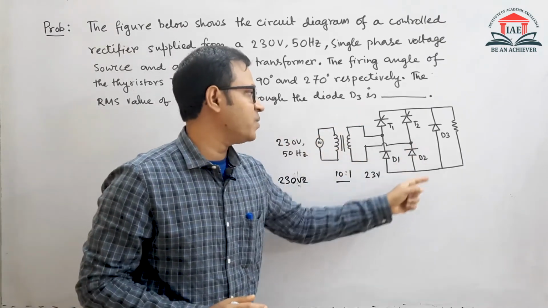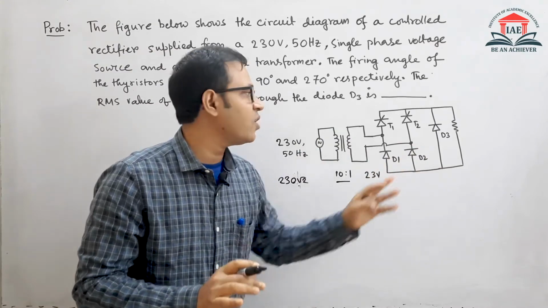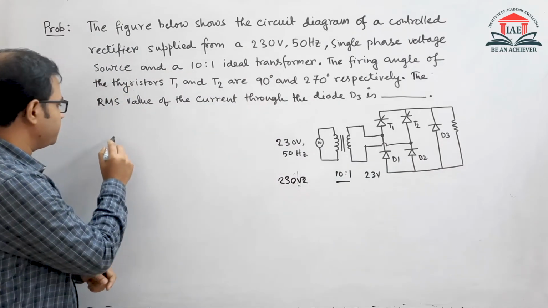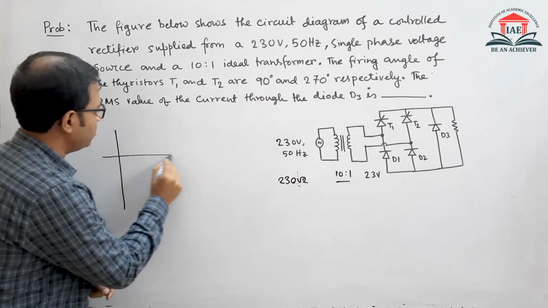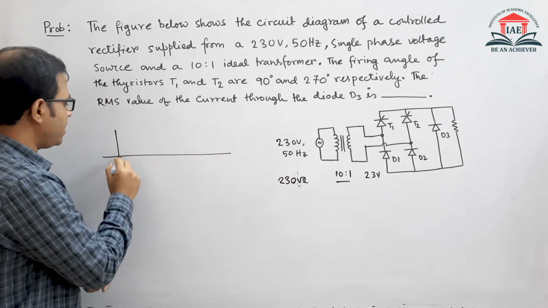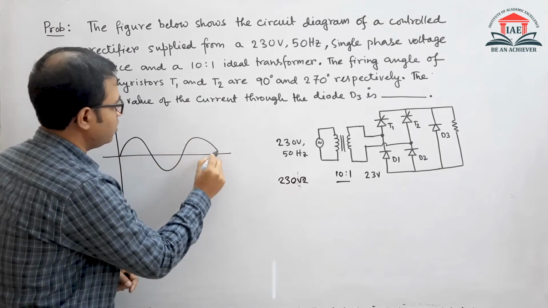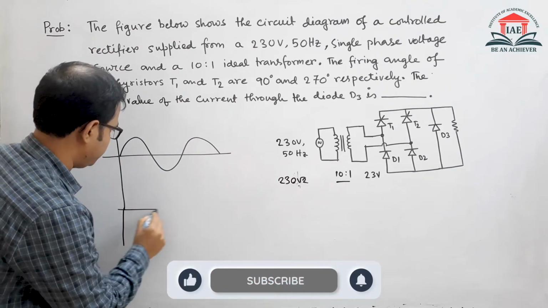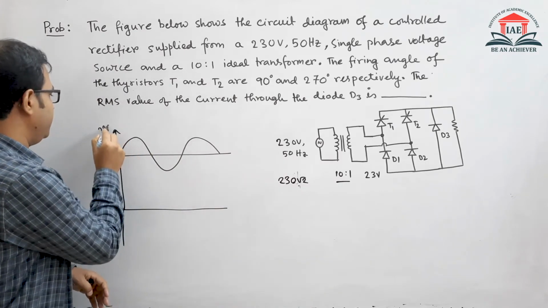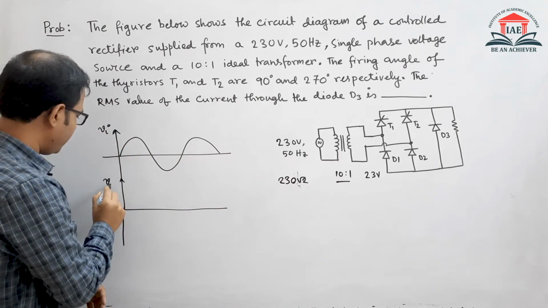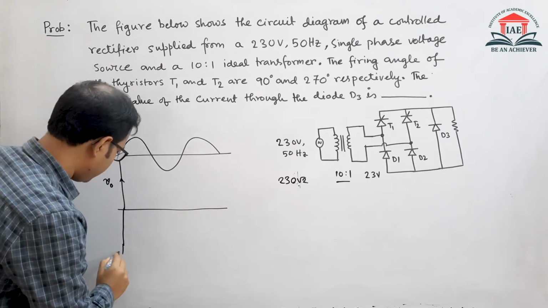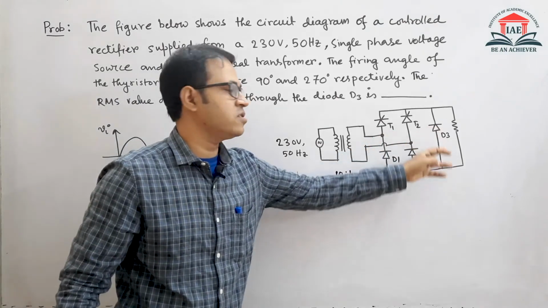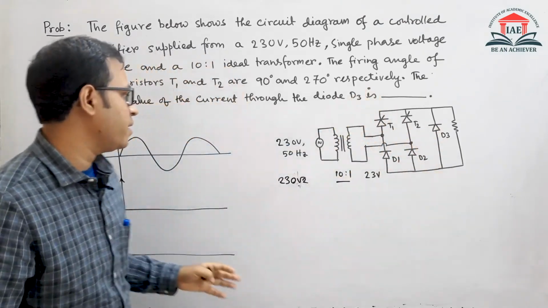To find out that, we have to find out the waveform, what duration of the current is being passed through this D3 diode. So let us draw the current through the diode. First of all, we have to draw the input voltage, which is this one, right? The input AC voltage source. Okay, fine. So this is Vi. Here we will draw the output voltage, let us say, and here we will draw the output current. From the output current, we will be able to say how much current will be passing through the D3 diode, which is our requirement.